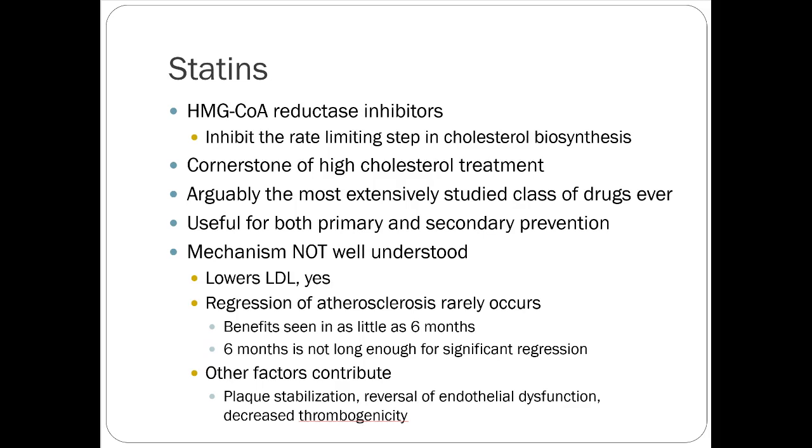That's not really enough time to reduce atherosclerosis, even if you aren't consuming any cholesterol or transporting it. Just physiologically, it doesn't seem like it's possible. So the question is, what exactly is it doing? If it's lowering your cholesterol, maybe preventing the plaque from getting bigger, but it doesn't really help any regression in the short term. So some theories out there are that it stabilizes the plaque itself and prevents it from rupturing